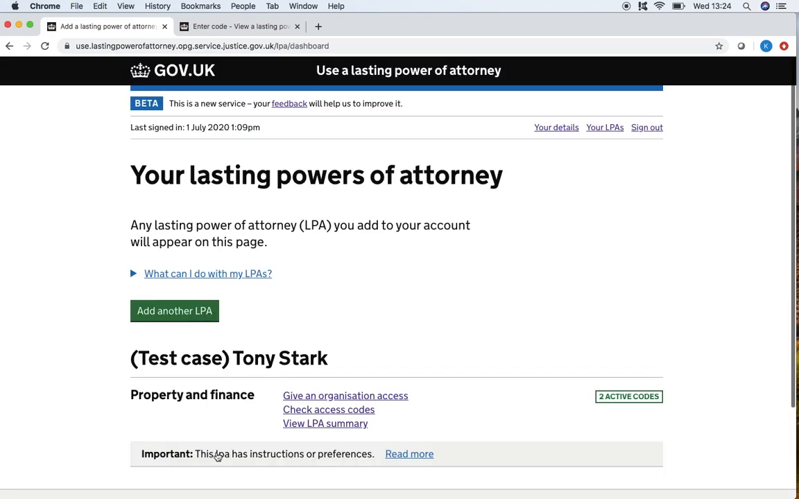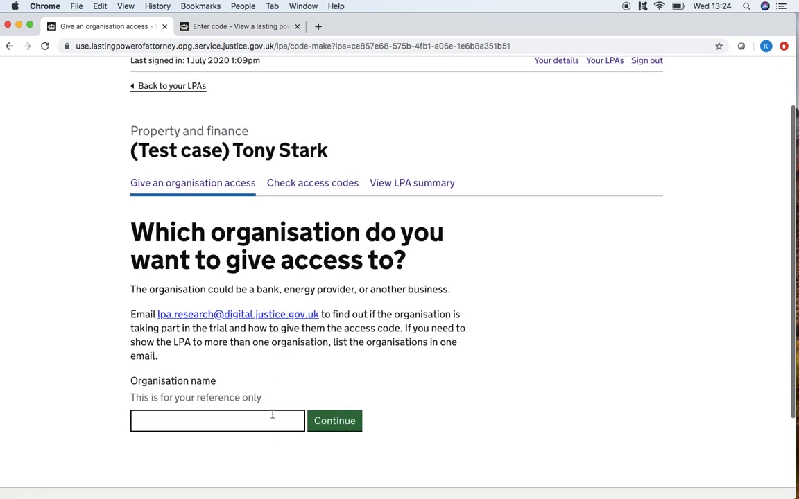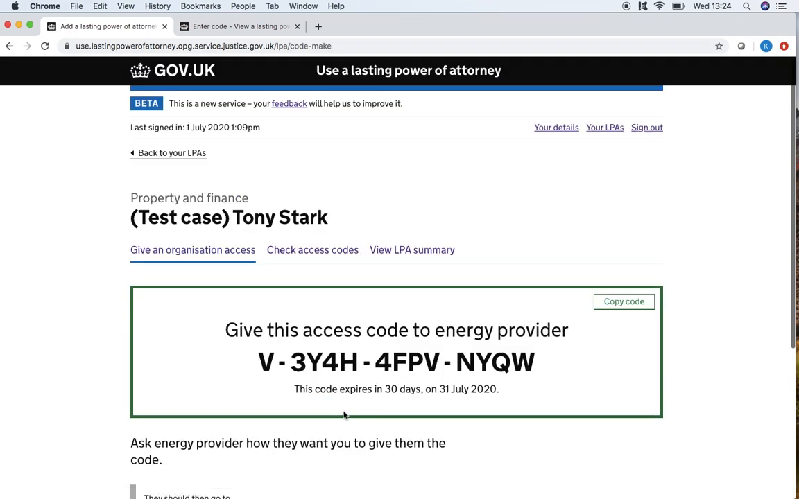So once they have LPAs on their account, they can use the service to give an organisation access to a summary of that LPA. So it's very simple. They can just type in an organisation name here. This is for their own reference, so they can put whatever makes sense to them, for them to remember what they've done in future. And this will generate them an access code. I can copy this code from here if I want to put this code perhaps in an email to the organisation,